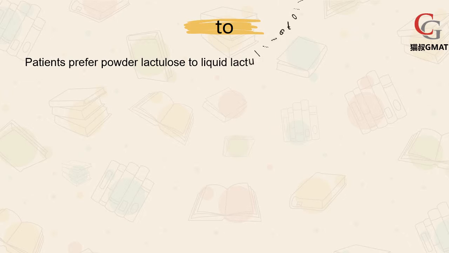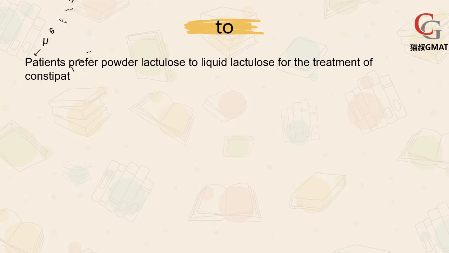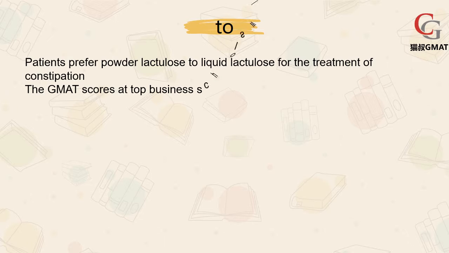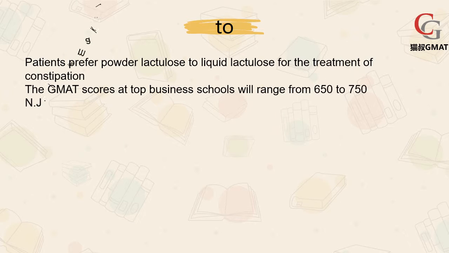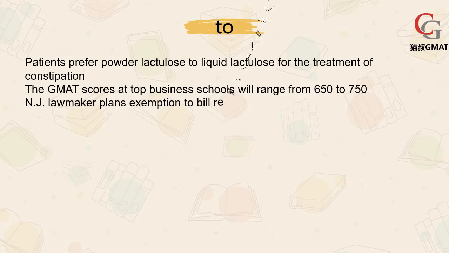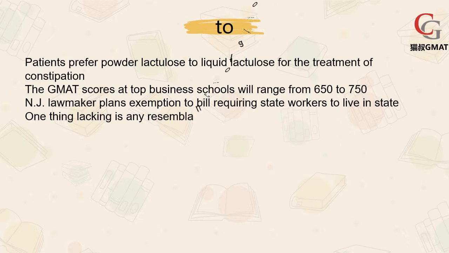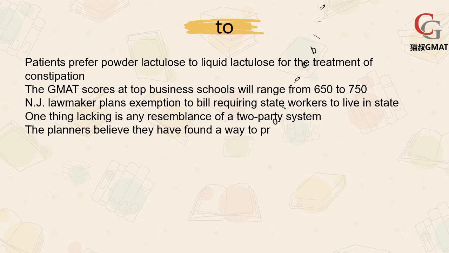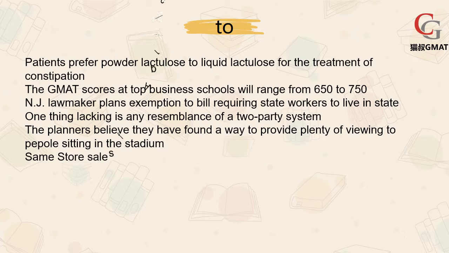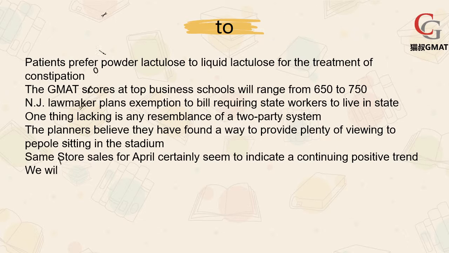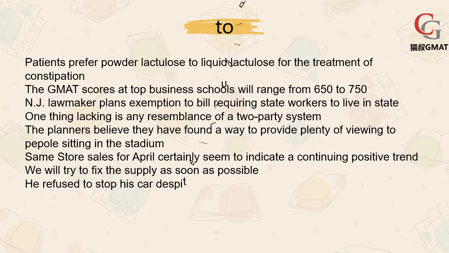Patients prefer powder lactulose to liquid lactulose for the treatment of constipation. Prefer A to B. Prefer something to something. 大家可能经常看到这个搭配，但还是很容易出错。我们要注意是 prefer A to B，而不是 prefer A than B。很多人会选了 than。也要注意 prefer A to B 里面的 A 和 B 一定要是平行的。比如这里 A 是 powder lactulose，B 是 liquid lactulose，都是名词。